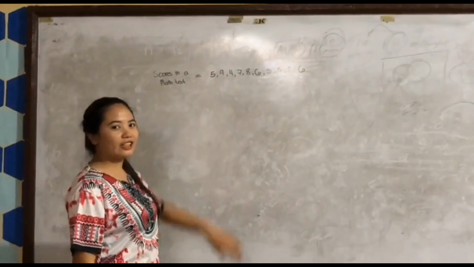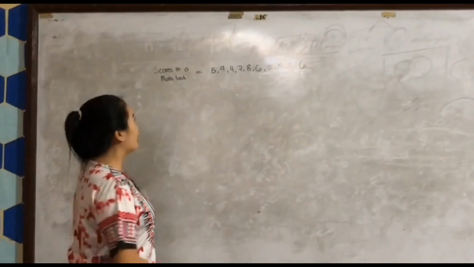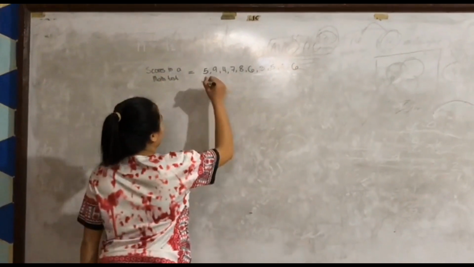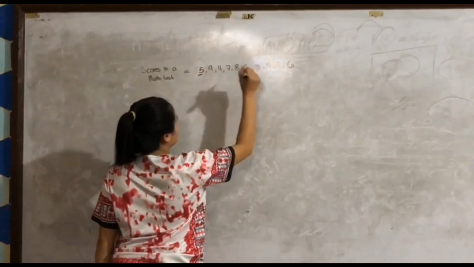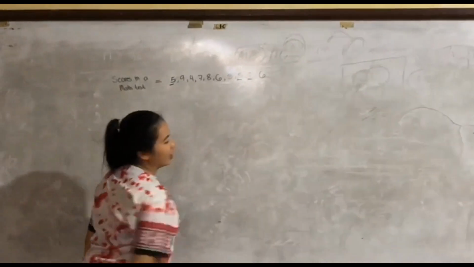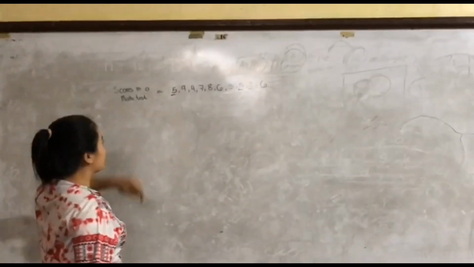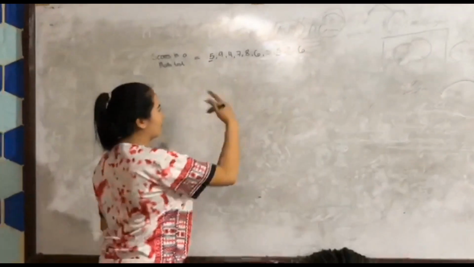We can easily identify the mode here. You just have to look for the most occurring number, which is the 5. So we have 3, 5 here. So we can consider that we have the mode, which